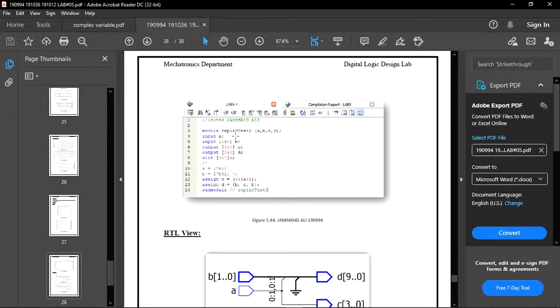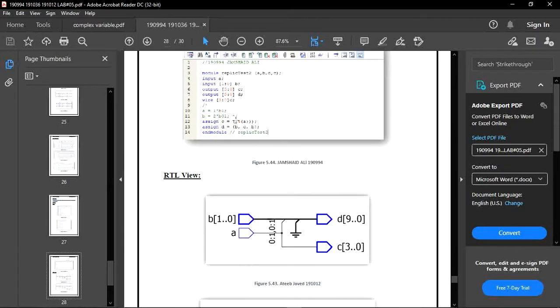In replication, here we also have to declare all our inputs and outputs, and after giving size to our input and output, another thing is that we have to declare the size of the wire used here, which is 4-bit, which is C. Now you can see, if we perform the C operation, meaning concatenation of A, then the function will repeat 4 times. If we perform 1, then the function will repeat 1 time.